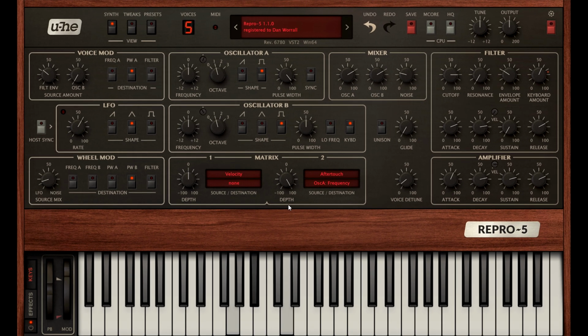Remember, I can already use the mod wheel to control the depth of LFO modulation for oscillator B, so I can use this to go from a calmer, more static sound with the wheel down, to a richer sound with more movement with the wheel up.